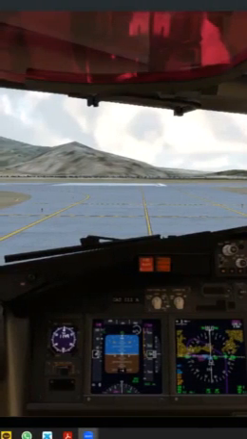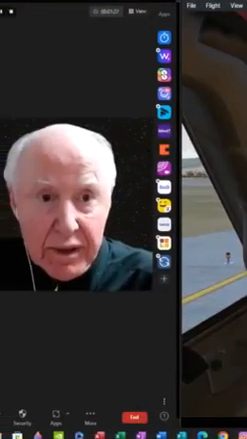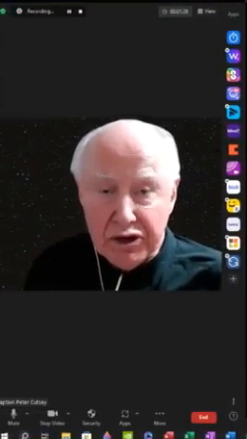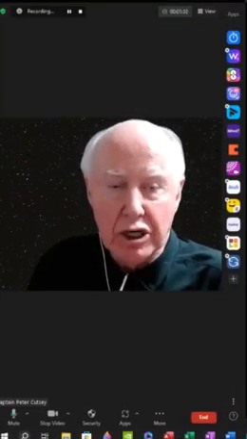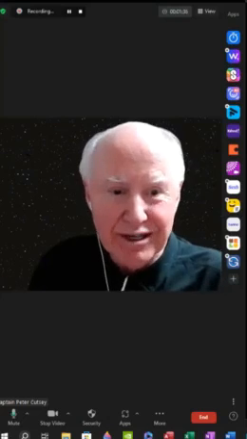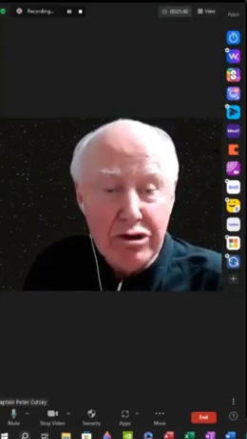We're sitting on taxiway Gulf holding short of runway 29 at Kabul, Afghanistan. The field elevation is 5,877 feet. Since the inception of new technology, new generation, that we're sitting in, a Boeing 737NG,